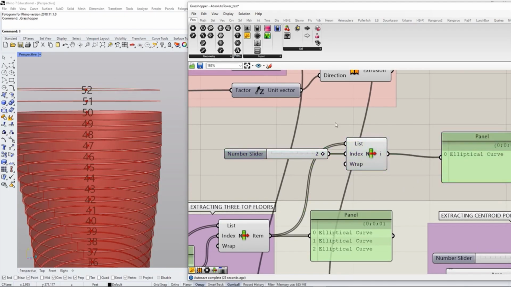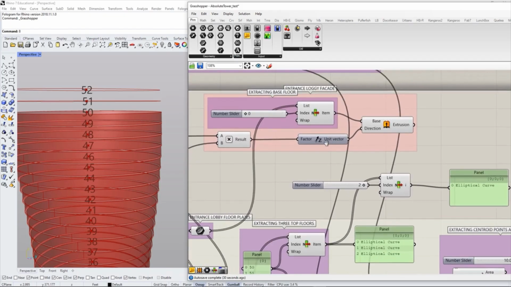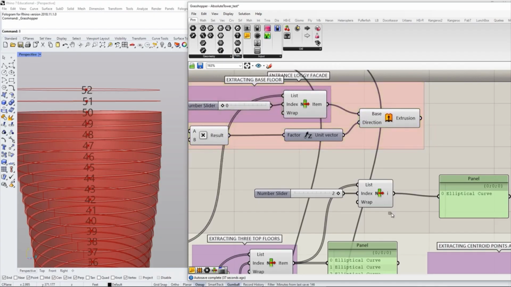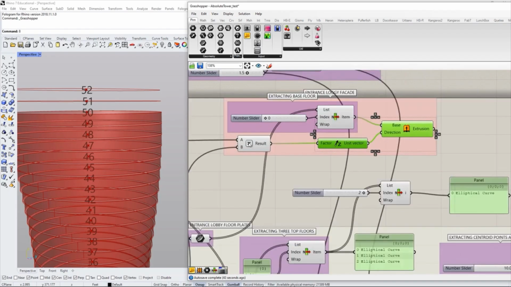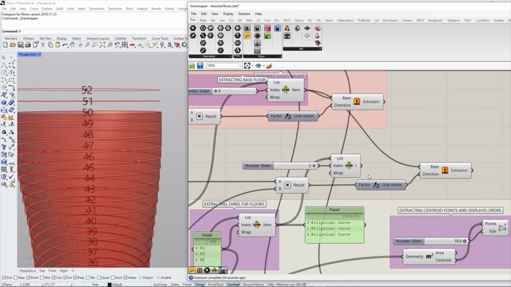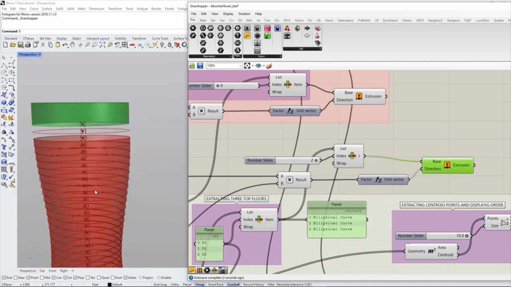So to do another extrude, we have already been using this component, so I'm going to go ahead and make a copy of these. And making copies is quite common when you're repeating the same operation, right? So I need to extrude in the Z direction, and there's a certain height that's associated with the number of floors. So I'm going to just select these, do Control-C, Control-V, and so that becomes something I can utilize, right? But if all of this is dependent on the data, all I need to make sure is to just replace this with the new information, and you'll see that sure enough, this takes the top floor and